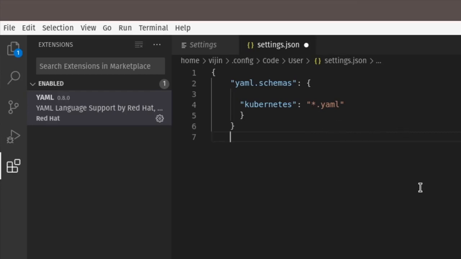VS Code. Now, if you don't want to use the Kubernetes schema for all the YAML files, and instead you plan to create Kubernetes files using a particular pattern, then you can specify that pattern or extension here. But we will just leave it as it is. Now this is case sensitive as well, so make sure that you use all small case for the word Kubernetes